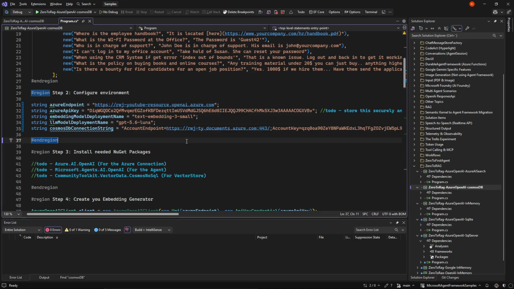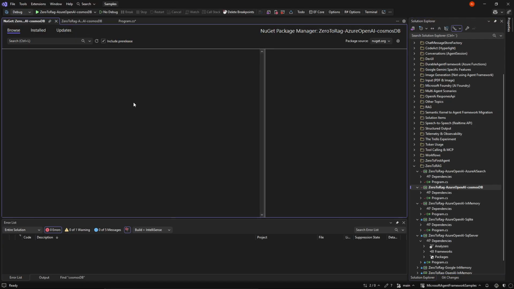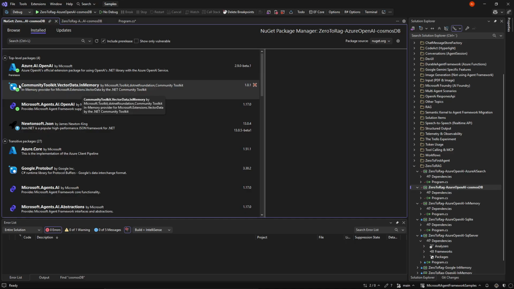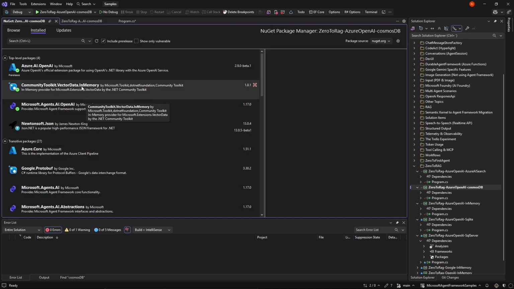And in order for us to work with it, we need one of the other packages in our vector data community toolkits. So we're going to go to NuGet. We already have the in-memory one. We could take that away. And because of Cosmos, we have also put in Newtonsoft.json because else it complains about not having that.